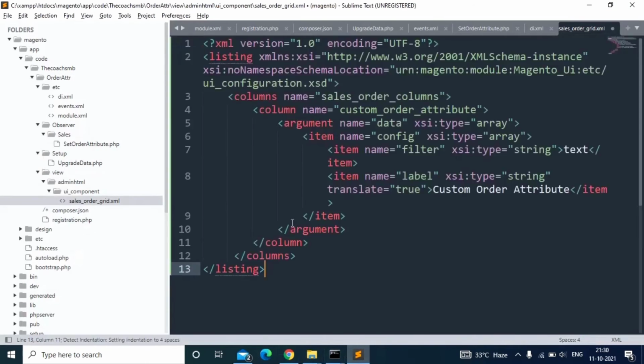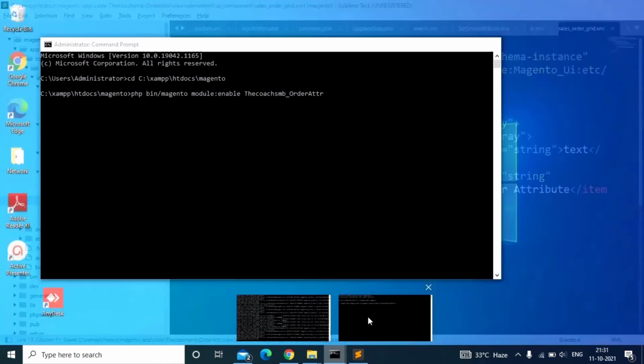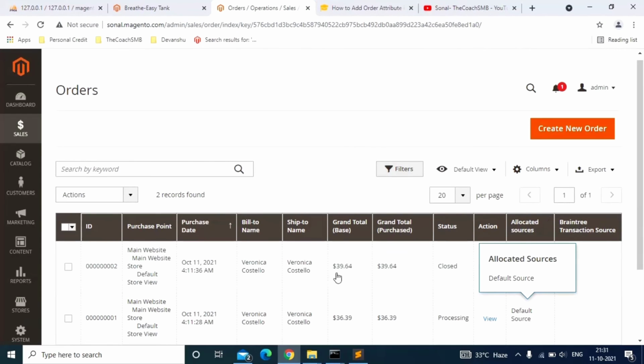And the code is very simple. We just need to specify the column name. So columns remain as it is, sales order columns. The only thing you need to update over here is this name, which is the attribute name, and then the label of that attribute. So here I want to display the label as custom order attribute, so this name, and here the attribute name. These two things you need to update. After that, right now it's not displaying, so how will it display? You need to run